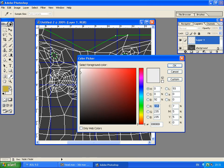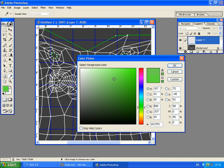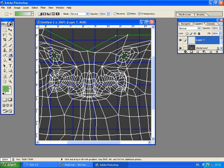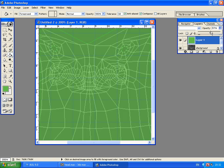and what colour shall he be? I think a crazy green. Oh, that's a bit sick. It's a bit easier on the eyes. Okay, and I'm just going to lower the opacity down so we can see